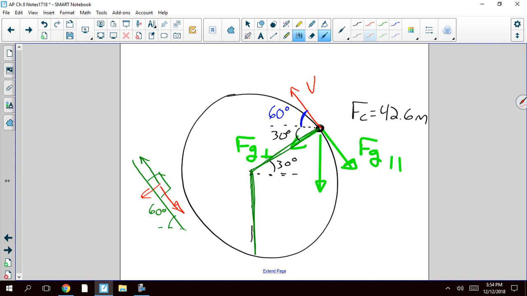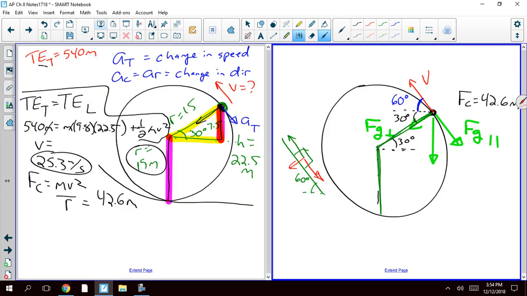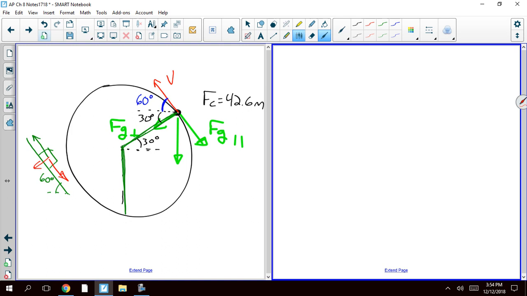So the idea is, this is huge. The idea is this FG, shoot, I cannot make a new drawing. I'm going to make a new drawing. Let's do this. Okay, so at this instant that I've got highlighted,